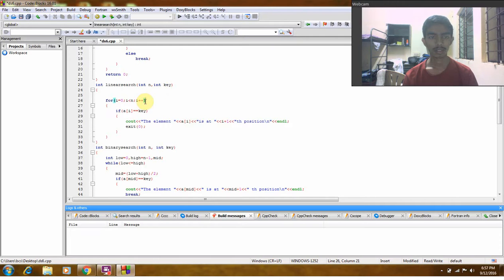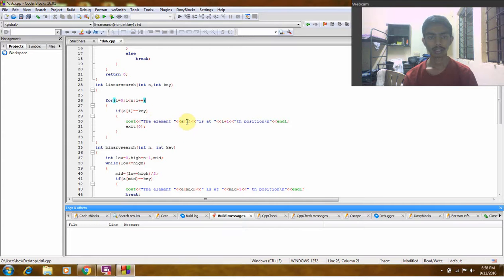For i equal to 0, that is for traversing from 0 to n, where n is the size of the array and key is the element to be found. From 0 to n-1 we traverse, and if a[i] is equal to key, that is if a match is found, then the position is displayed using the cout statement.